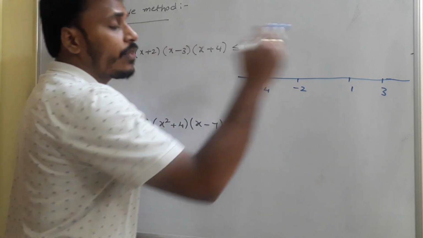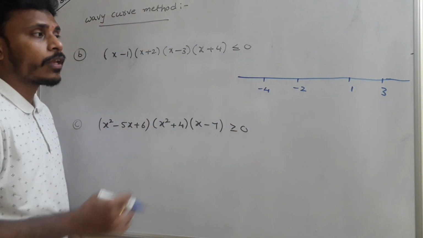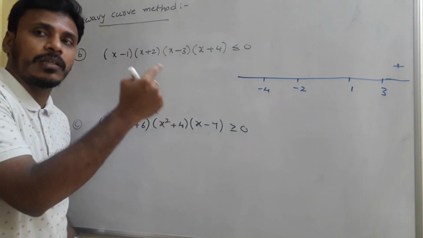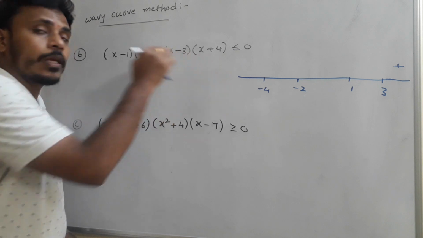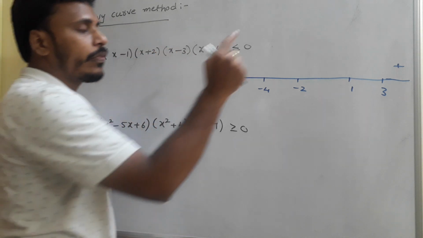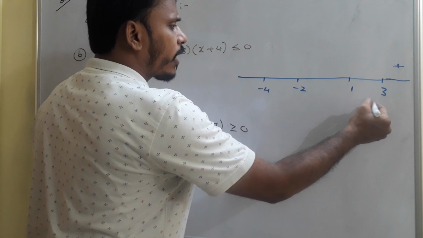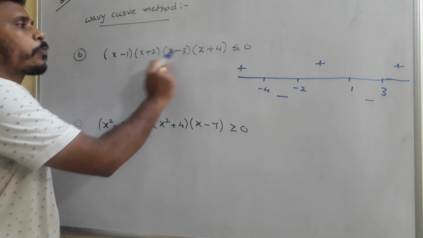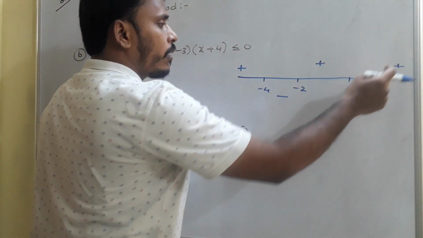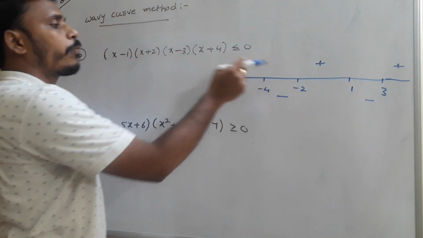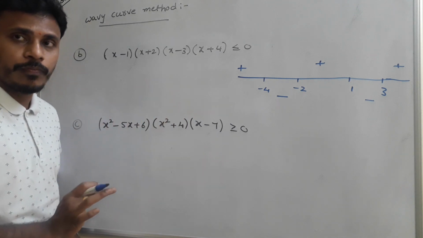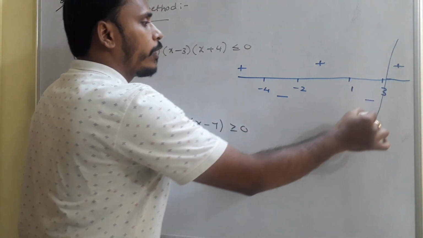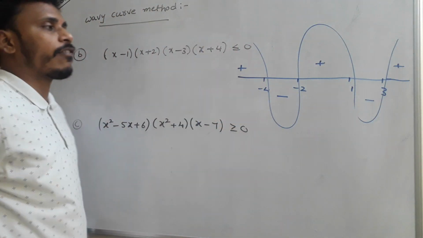Now see, in the rightward region after the 3, if you observe, the polynomial is positive. Take any number after the 3 and replace it in the place of x, you will get a positive polynomial value. In that region it is positive, so automatically we will alternately take plus, minus like that. So at the end this polynomial is positive in this region, negative here, positive here, negative here, positive here. That discussion is enough. If you wish to sketch a rough graph, then the graph will be like this. Actually we don't need the graph.